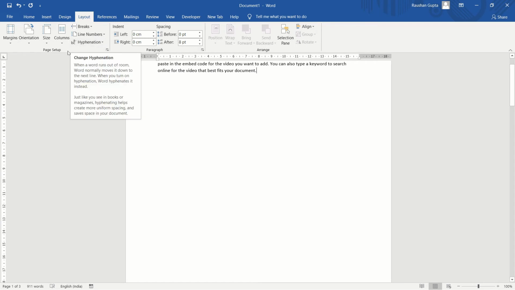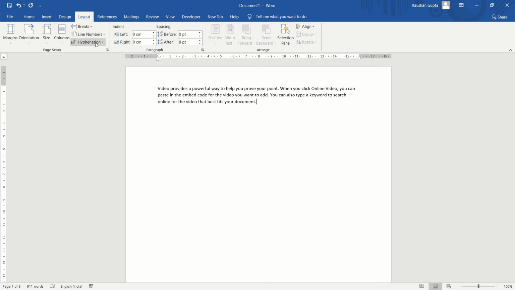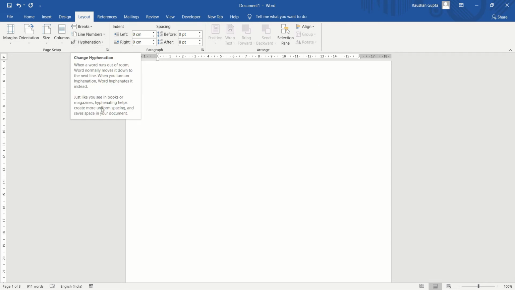And the last option in the Page Setup group is Hyphenation. The use of this hyphenation is that it creates more uniform spacing in your text document, which will save your space.